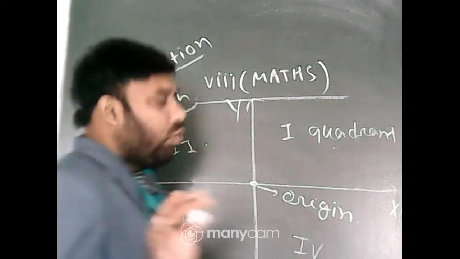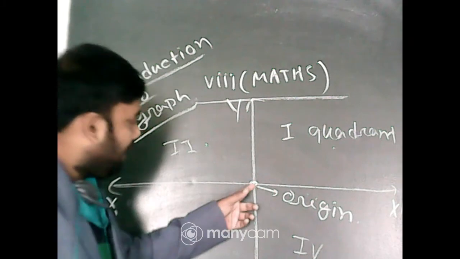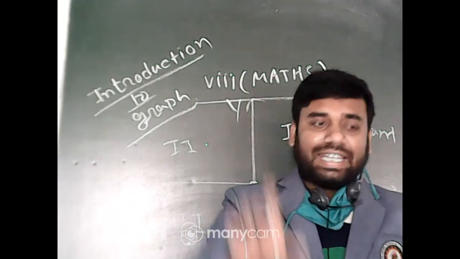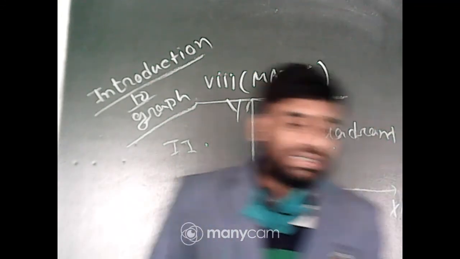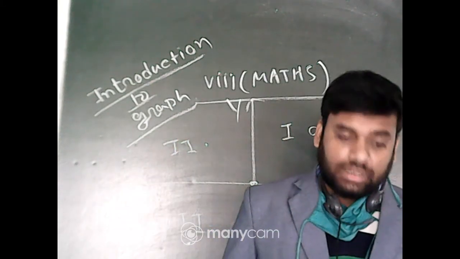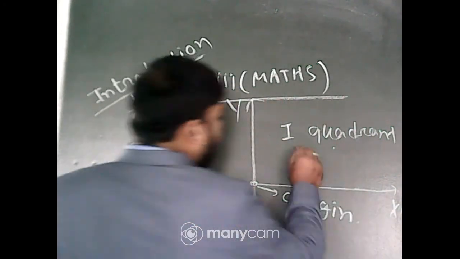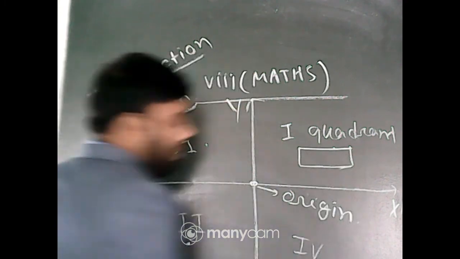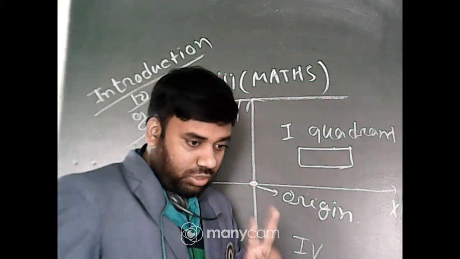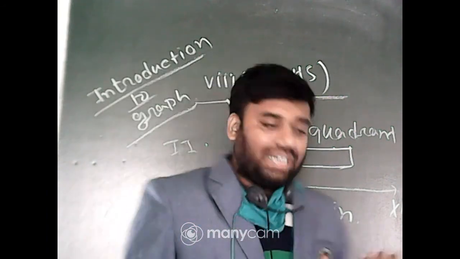Next, any coordinate. First of all, tell me, in a plane, if I draw a rectangle, how many dimensions does it have? In a plane, not in space. It has a length and a breadth. So 2 dimensions. Yes, many of you have answered 2. So any coordinate, listen carefully.